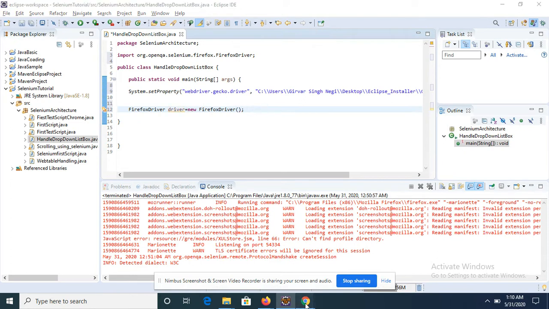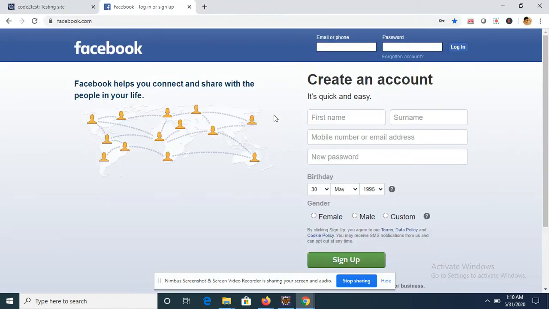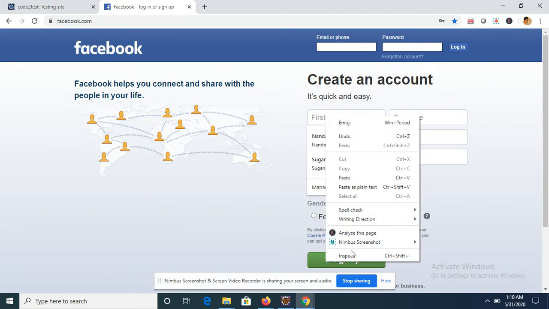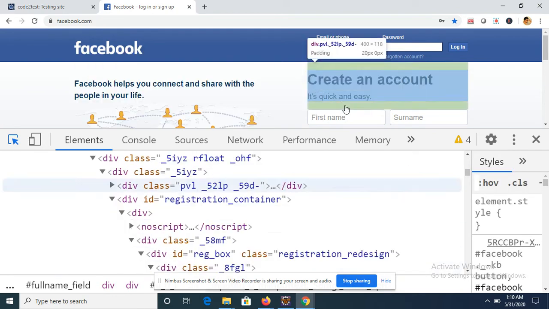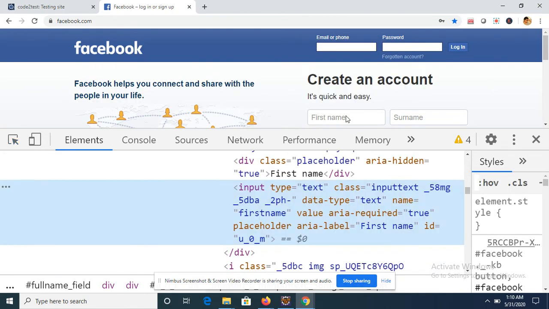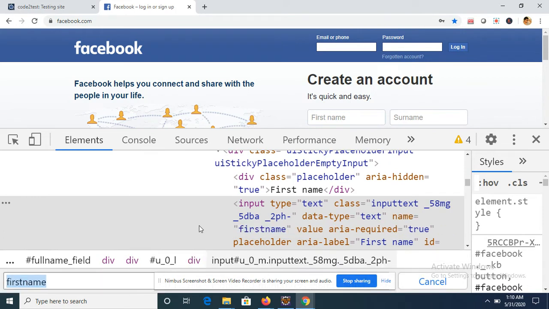So coming towards our UI, first we'll try to handle this text box. Just right click and inspect the element. Check the element's unique locator. Over here, I can create an XPath for this.